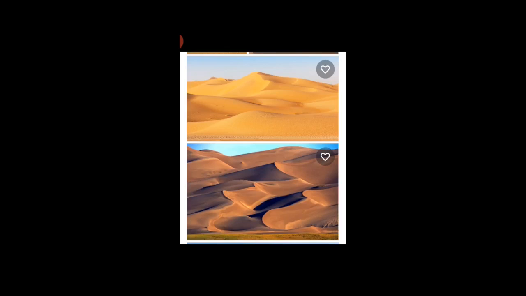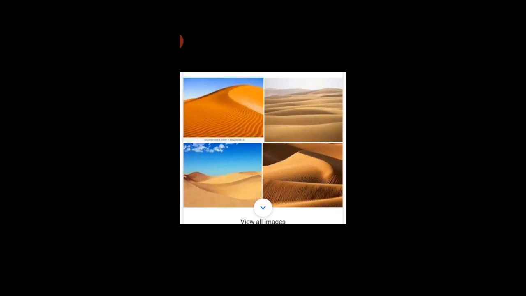How are these hill-like structures formed? These hill-like structures formed in the desert by the action of the wind are called sand dunes. These sand dunes are short-lived. After some period, again the wind will blow, and again new sand dunes will be formed. So they are short-lived. See, here these are the sand dunes.